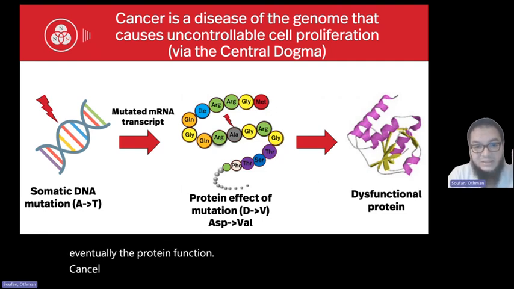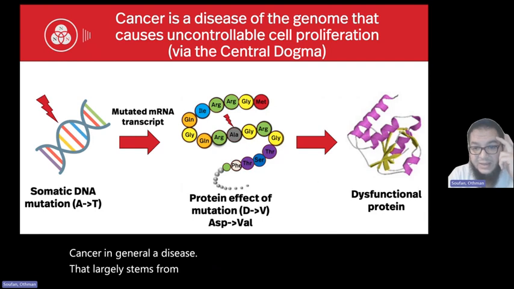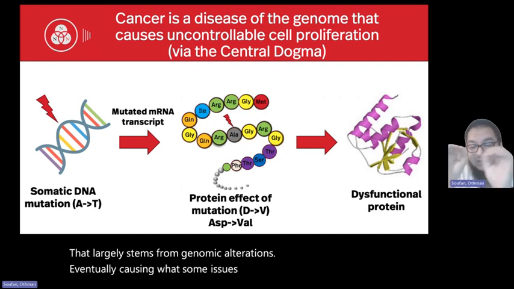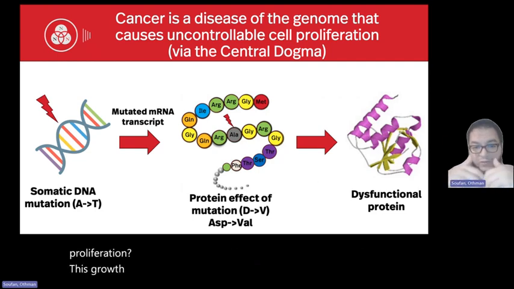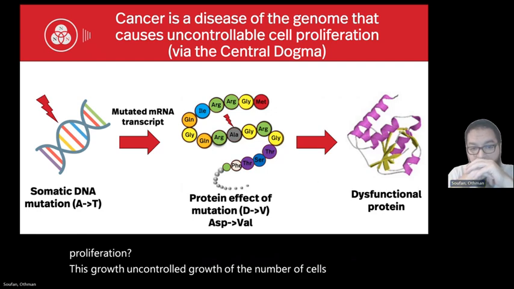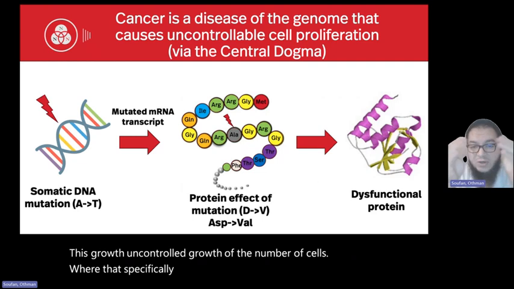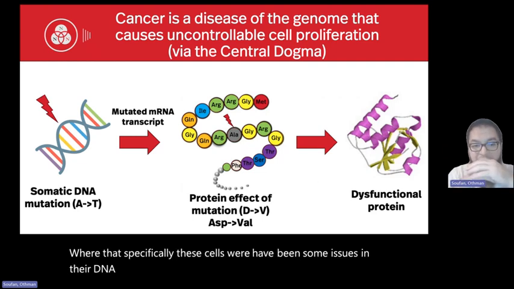Cancer in general is a disease that largely stems from genomic alterations, eventually causing uncontrolled cell proliferation. This is uncontrolled growth of the number of cells, where specifically these cells have issues in the DNA. So